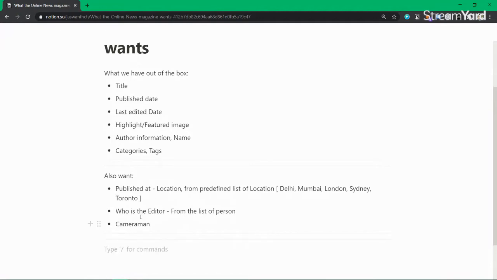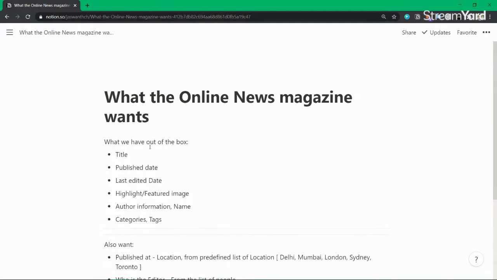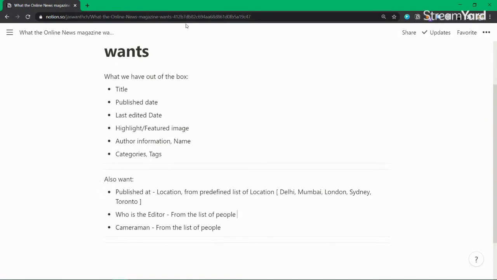But WordPress does not give you an option to add other stuff to your post. There is one custom post option where you can add a single value, but this is predefined data. This is also predefined data, and this is also from the list of people. So if we want to add some kind of data to this, it is not possible. That's where